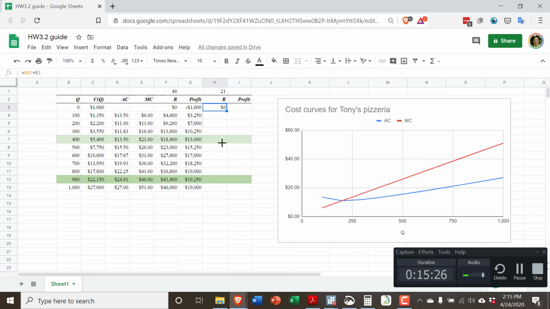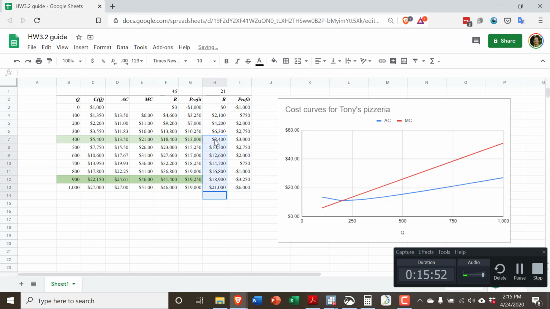Right? If we calculate out the revenue, we find this. Well, I guess maybe I shouldn't have highlighted yet because no, it's not highlighted, but we'll fix that in a second. What's the profit going to be? Again, the profit's always going to be equal to your revenue minus your costs. Of course, if you produce 0, again, you're going to have a loss of $1,000 or a profit of minus $1,000. But if you drag that down,